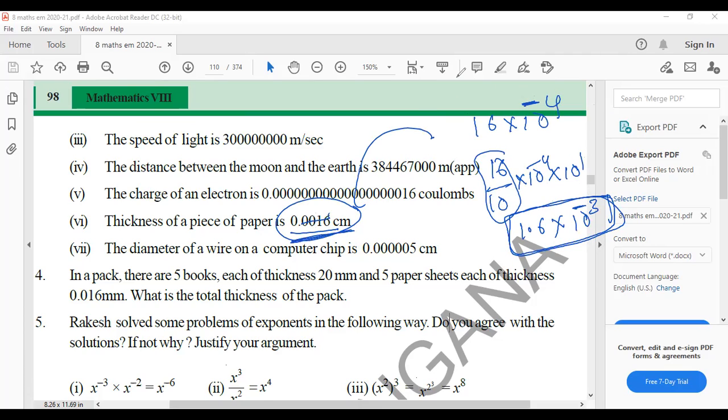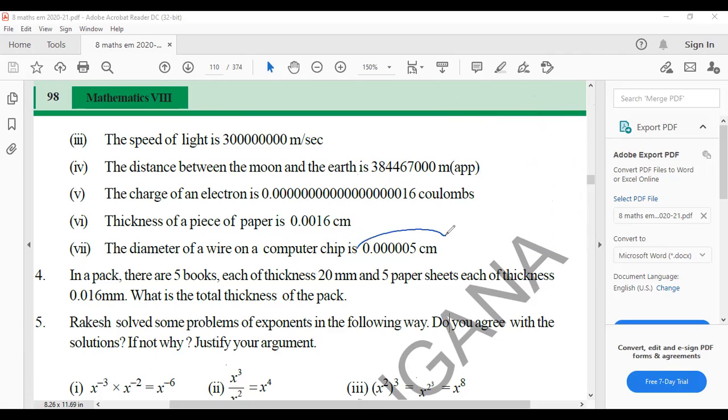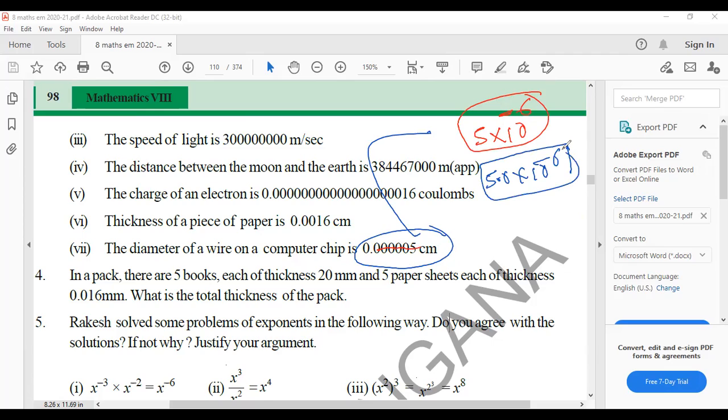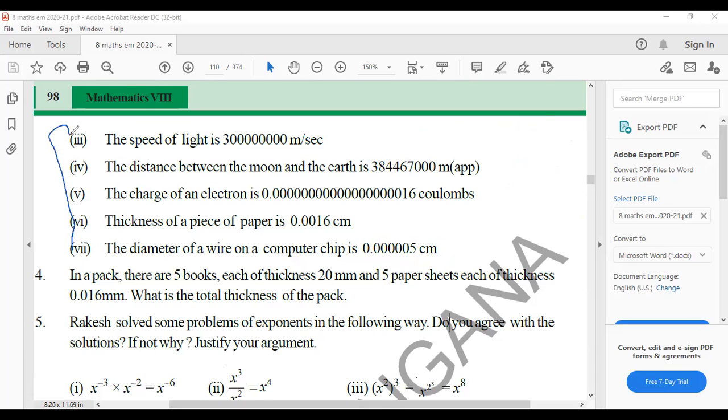Yes, it's a very simple question. Next, you have to go for this question. Tell me the answer. 5 into 10 to the power of how many? 2, 3, 5, 6. 10 to the power of minus 6, because the decimal place is minus 6. Nothing is there before the point, so you can write directly. There is no need to add any zeros. So 5 into 10 to the power of minus 6 centimeters. Units you write in all cases. Okay. Next. All questions are clear, very simple.